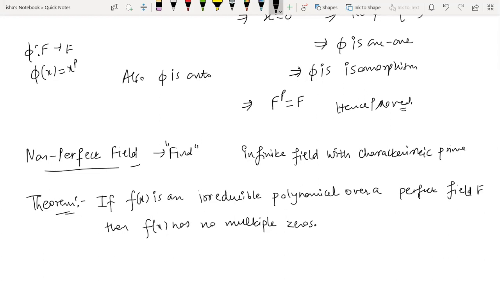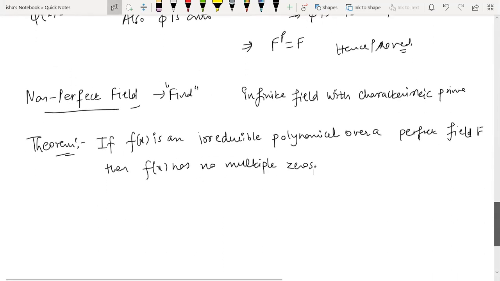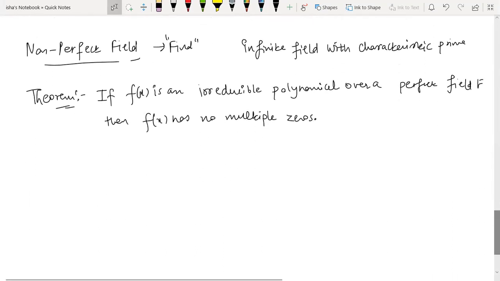All its zeros, wherever they are, in some extension, wherever the zeros may be. With these zeros we are not telling the location of the zeros. The location of the zeros is found from the splitting field or extension theorems. But today we are talking about just whether there is a multiple zero or not. Where they will be, we are not talking about that. So this is telling you that if you have an irreducible polynomial over a perfect field, then it has no multiple zeros, right? So it's also a very important result which is used in many examples to determine.